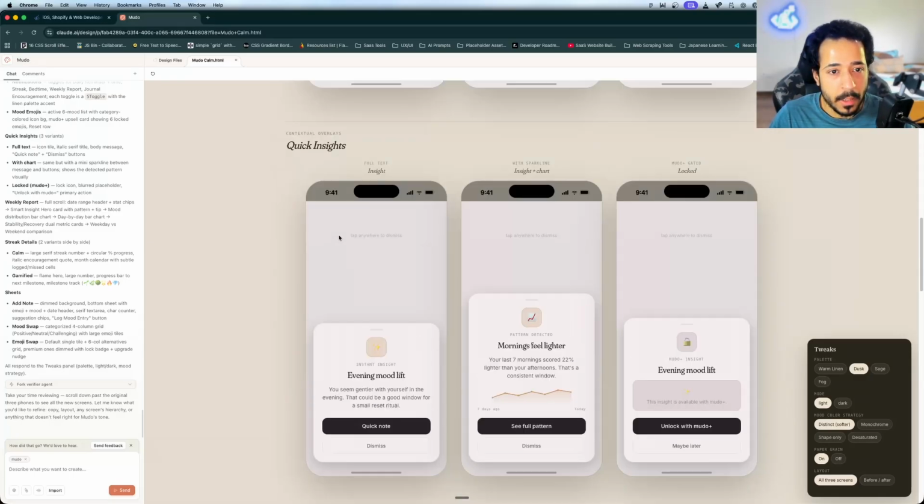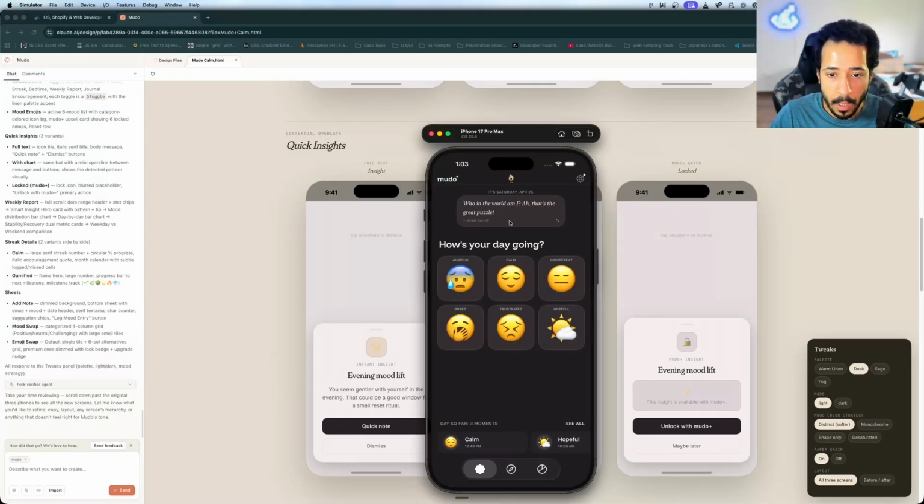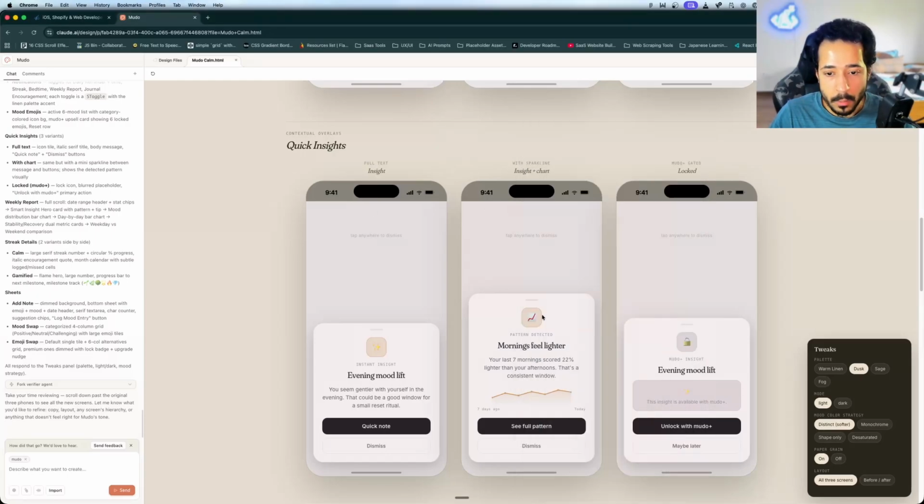And this is the quick insight screen. So this is something that I kind of showed you on the app as well. We already have it. The current overlay doesn't look really nice in the app right now. So that's why I was looking for a much cleaner overlay. Again, this is not very different either. The only thing I see is that it kind of looks like a bottom sheet right now instead of an overlay. But the differentiator here is that we are showing a graph in the quick insights,